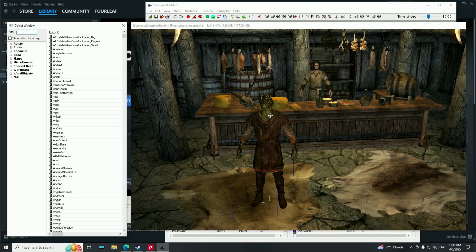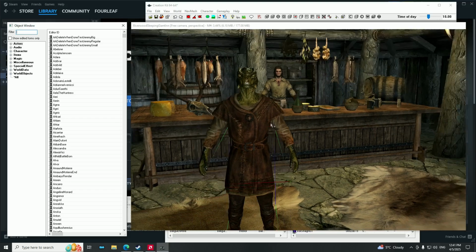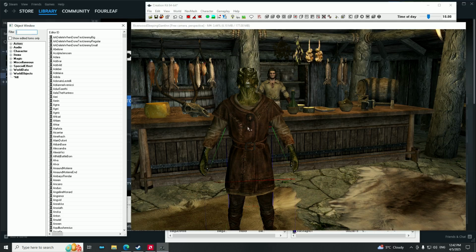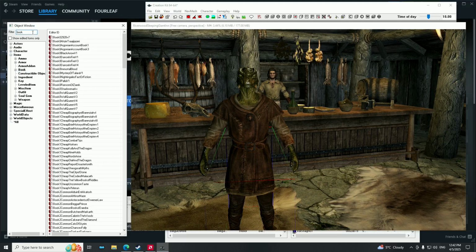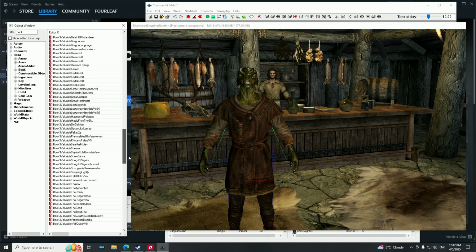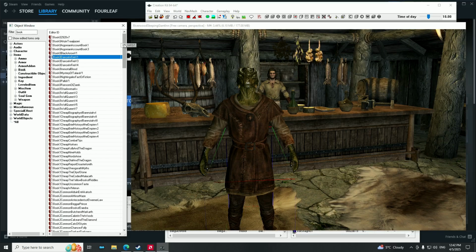So remember, the quest is you walk into the inn, you meet the character, he asks you to find something, and once you find it, you return it to him for a reward. So what is that thing that we're going to find? Well, let's make it something that's easy to spot, easy to work with. I'm thinking maybe like a book or something, just because books are simple enough. So what we want to do is navigate to Items, Books, and in this case we're going to